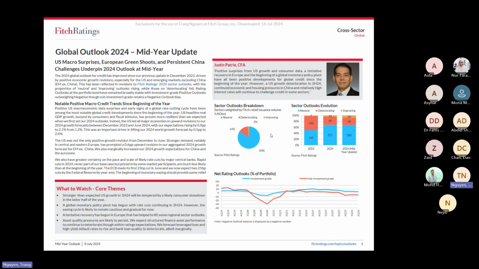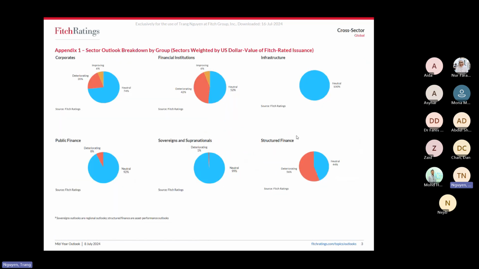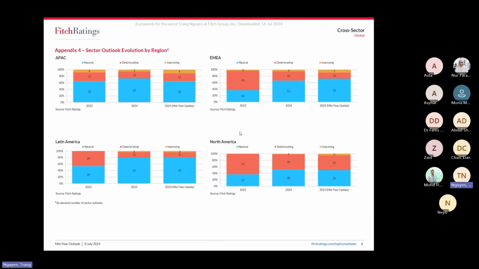6 or 12 months. So what you can do with this is understand the potential challenges or the opportunities that might arise, and how the operating environment will affect the entities that you cover, or the entities that you have been working with. And as you can see, we are providing you the analysis, and a lot more graphs and charts over here, the appendix here. So it's short, sweet, concise content